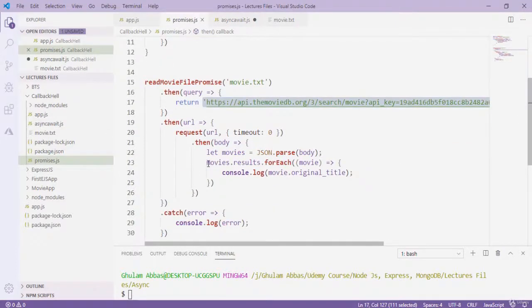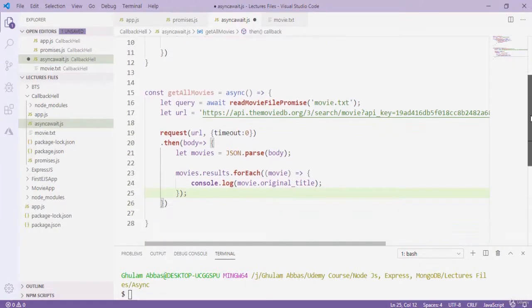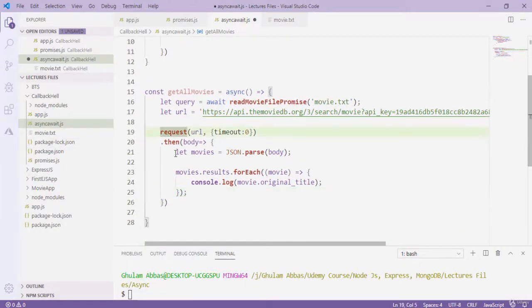So I simply copy it from here and paste it here like this, and that's it. Also have to write here the await keyword. Okay, so what will happen here is, first of all, we have called this method here that will return a